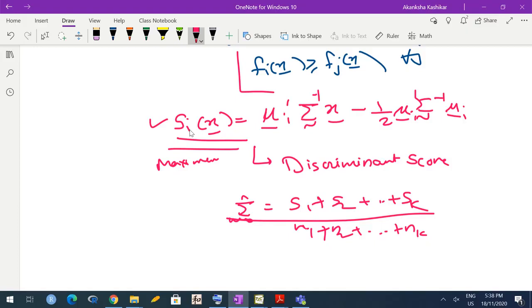And we can also incorporate prior probabilities here. So instead of saying just f1 greater than f2, we can say we have to check whether pi1 f1 is greater than pi2 f2, where pi1 and pi2 can be prior probabilities. So prior probabilities can either be taken as equal or they can be estimated by taking the proportion of observations belonging to that population in my entire data. Is it okay? So think about this and try to solve.